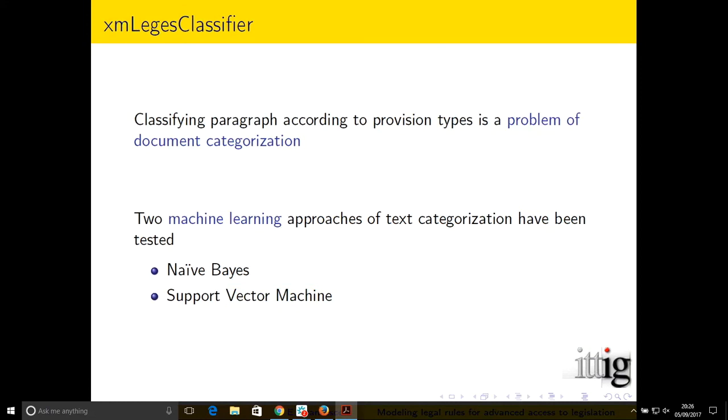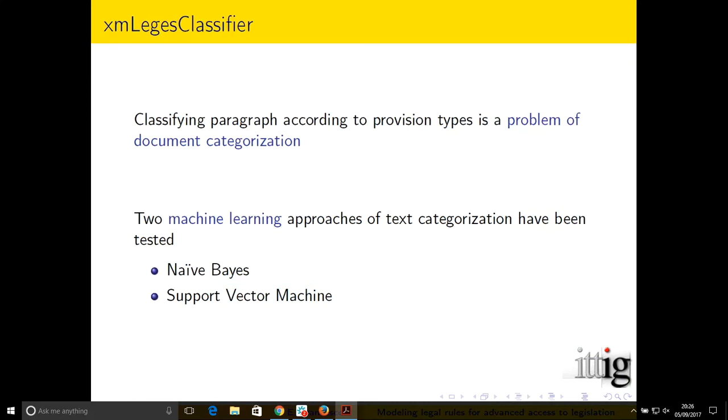So for the classifier, first of all, one of the possibilities is to consider, let's say, a normative text, and the aim is to classify each portion of the text in terms of